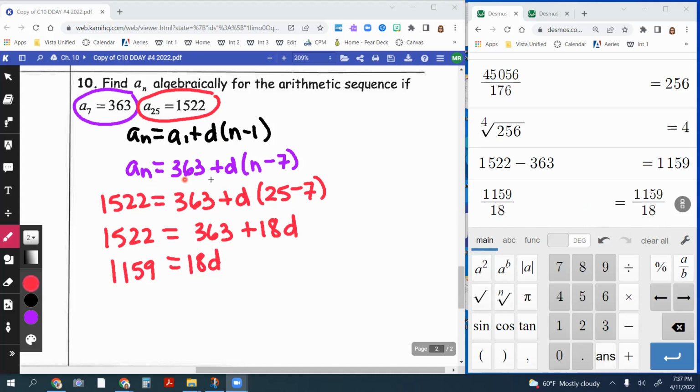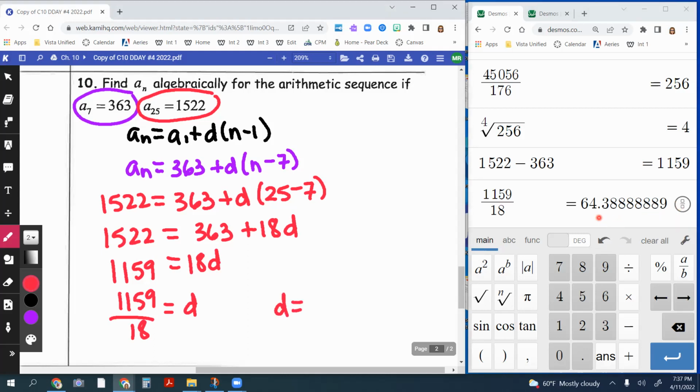So again, I put that in 363 plus d and n minus 7 because it's my 7th term. I put this in, 1,522 is equal to 363 plus d, and then it's 25 minus 7, which is 18. I subtracted 363 from both sides, and I got 1,159. And then we're going to divide by 18. So it's going to be 1,159 divided by 18. That is my d. I'm going to keep it that way, or